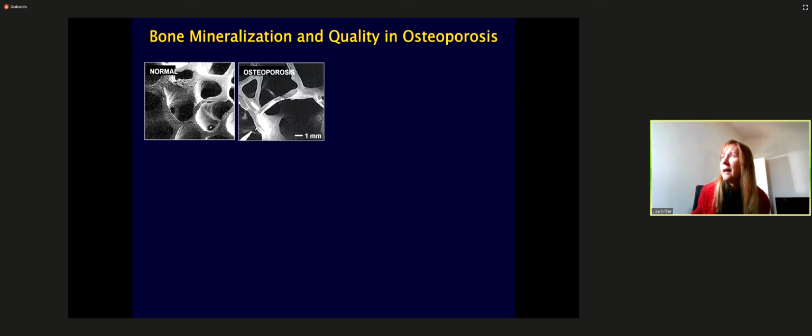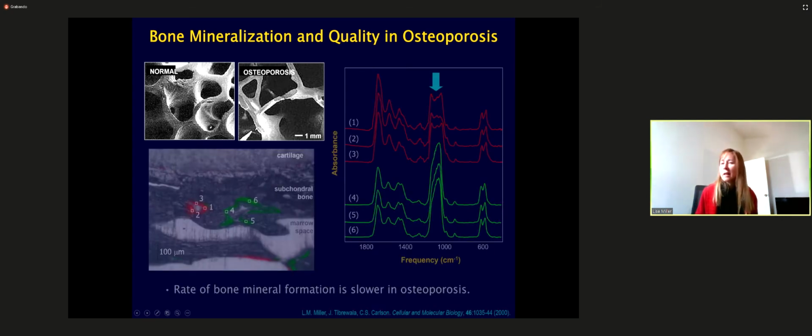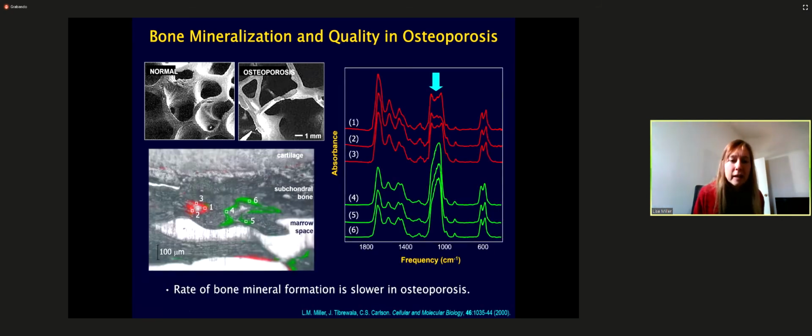And what happens in osteoporosis is, this is what normal bone might look like, normal trabecular bone. This is in osteoporosis, you lose bone. Your body dissolves away part of the bone, which is, first of all, a bad thing. But the question we had was whether the composition of the bone that's left behind is affected. And so this study was actually done in